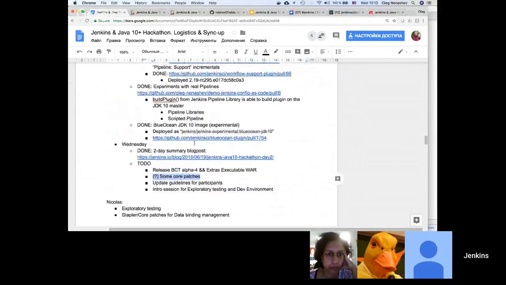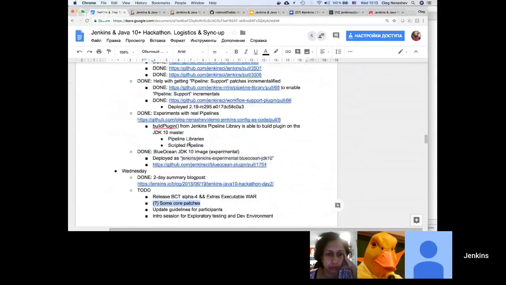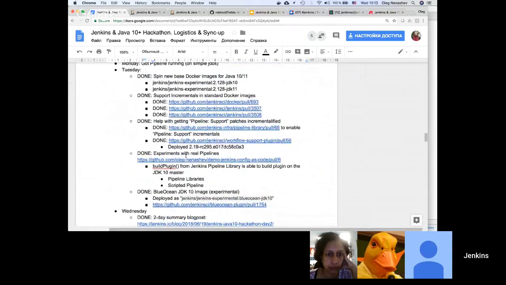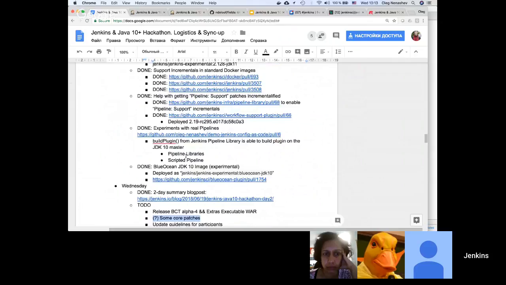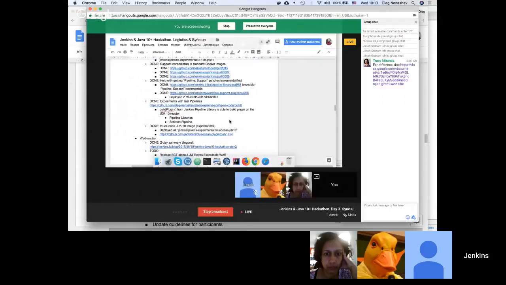Okay, I guess that's it with the sync up. Do we have anything else to discuss before we move on? I guess no. Okay, so then we can just continue with introductory stuff. Yesterday we had a brief introduction to how to set up the environment and how to get Jenkins running. We could repeat it today, and then we could continue with some special topics.